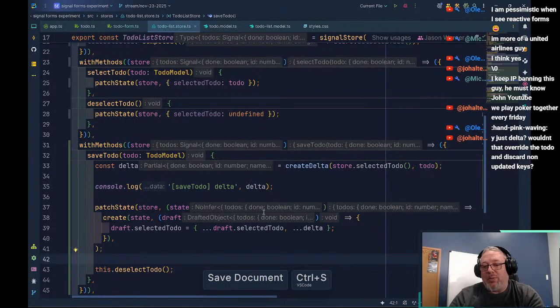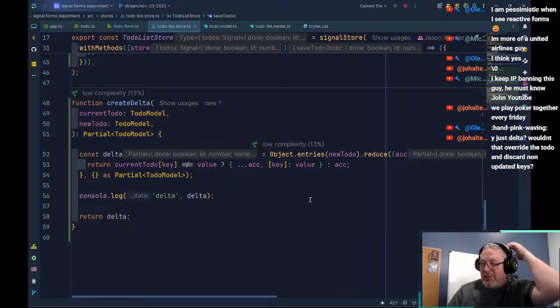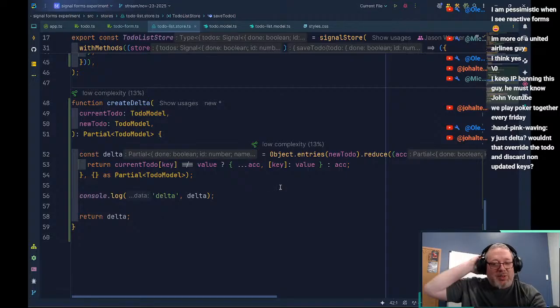And so now we've got a delta, right? We used this function and we used reduce on the entries from newTodo. There's another way we could do this. Instead of using reduce, we could have built it up by using filter. So we could have filtered out entries and then turned around and used Object.fromEntries to build it up.